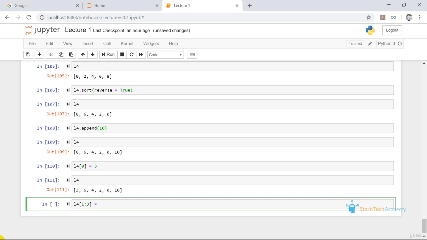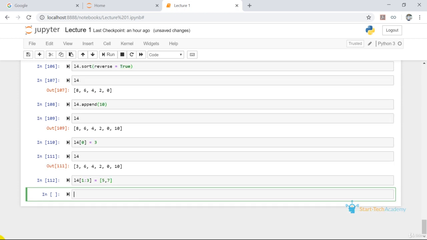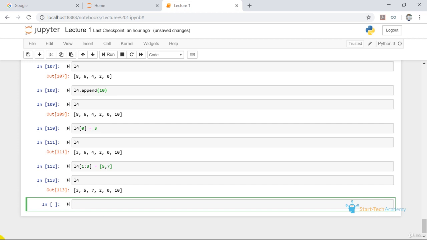And then in the square bracket, we can write the values. So for example, if we write 5 comma 7, now we are replacing this 6 with 5 and this 4 with 7. We run this and you can see the values are now changed. In a way, we are providing another list to replace the elements of this list.